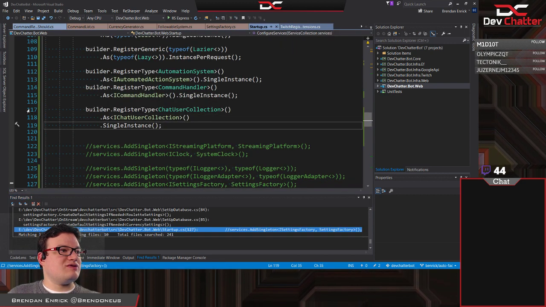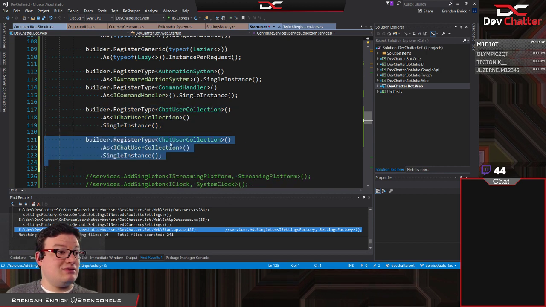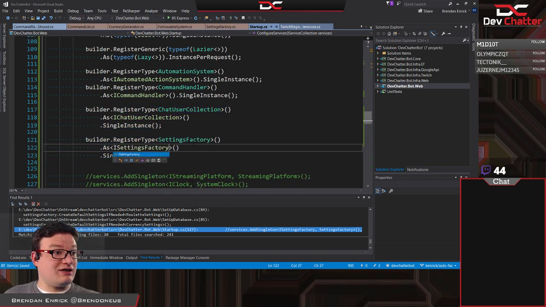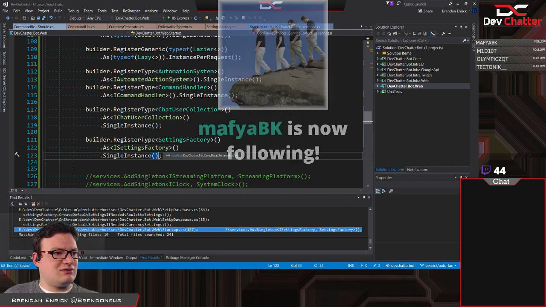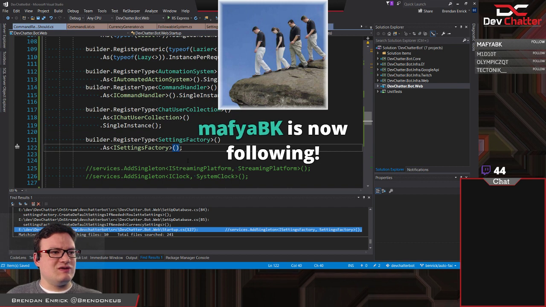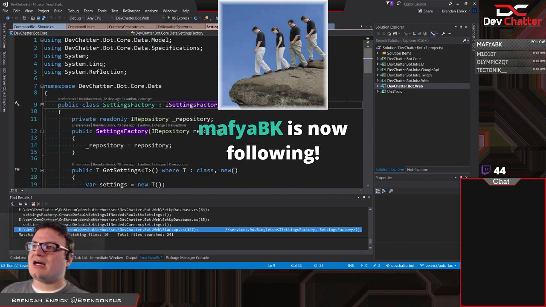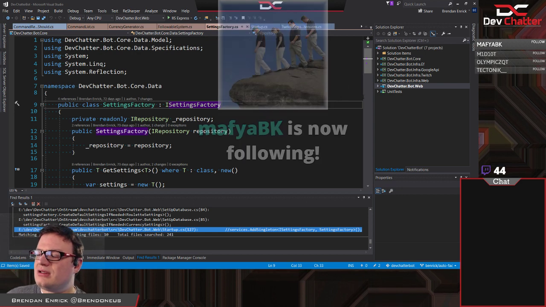Okay, so we're going to do the same thing. We're going to duplicate that. So we're going to say iSettings factory. And I don't think that does not actually need to be a singleton. I don't think so. There's nothing about this that needs to be. I'm gonna guess